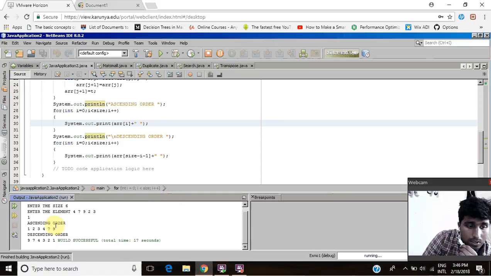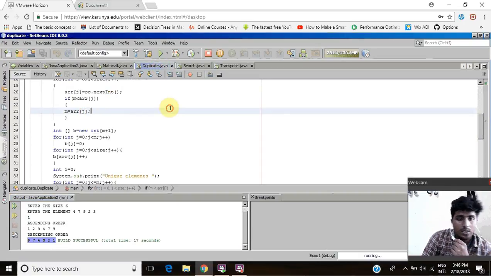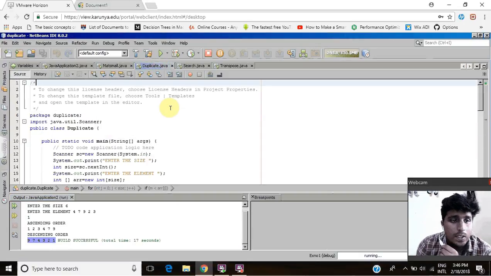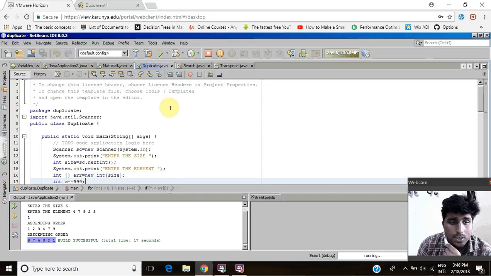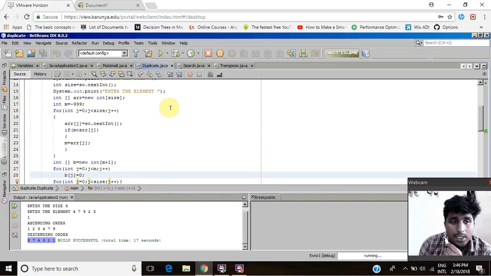So we have the ascending order of it: 1, 2, 3, 4, 5, 7, 9, and the descending order of it: 9, 7, 5, 4, 3, 2, 1. So that also compiled successfully, and now here is the third program, and this is to check the number